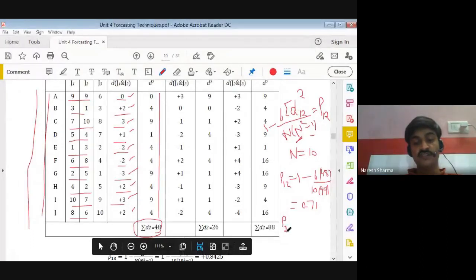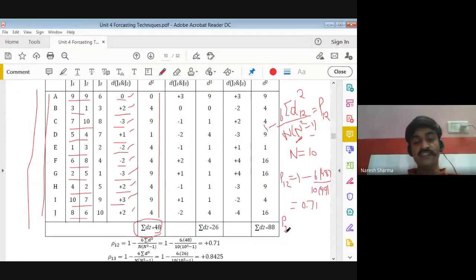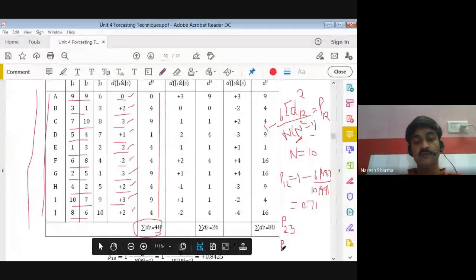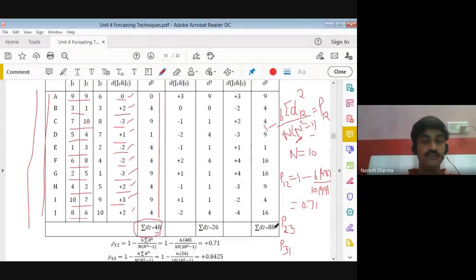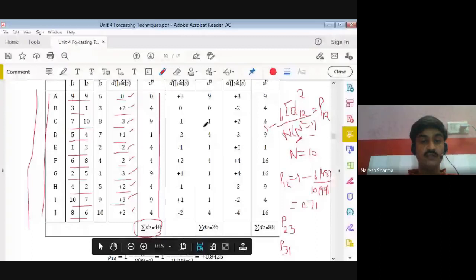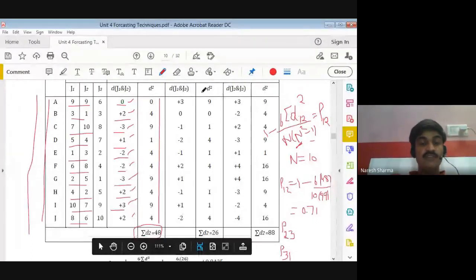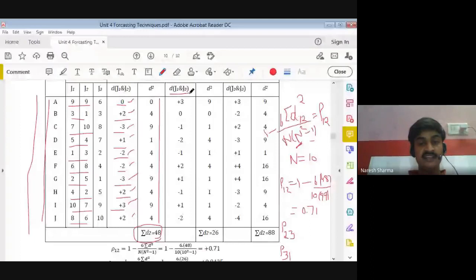On the same line, you can calculate the rank correlation between your second and third judge, and similarly your third and first judge. So for this also we require D. This is D between your judge first and third, and this is D between judge second and third. So you just take the difference: 9 minus 6 is 3, and take the difference between these two now. 3 minus 3 is 0, 7 minus 8 is minus 1, 5 minus 2 is 3,